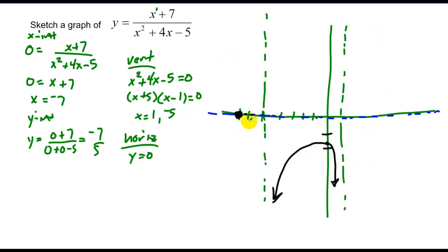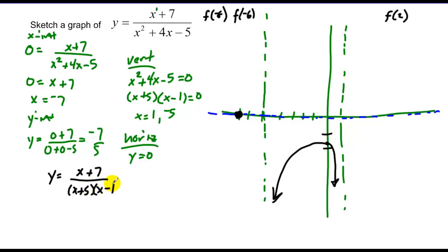So I'm going to have to pick a series of points. In this case, I will once again pick, let's go f of 2. Over here, I should probably pick this point to see whether it's above or below and then see if it crosses. So if that's negative 5, I'll go f of negative 6. That was 7, and we'll go f of negative 8 to see what happens on that side. Again, I'm going to pick my factored form, so that's y equals x plus 7 over x plus 5 times x minus 4, because I find it's easier to just state whether it's positive or negative by using this factored form. And we'll start with f of 2,